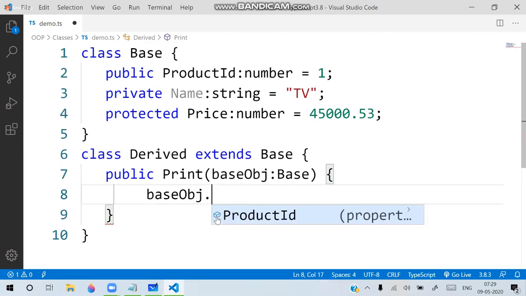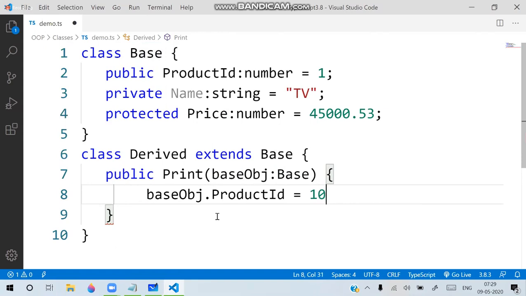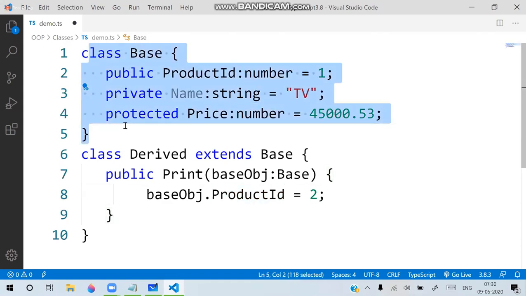Through that base object, I can access only product ID. Only product ID is accessible here through the base object. Why is product ID accessible here? Because you can access that product ID within this class. But outside the class,